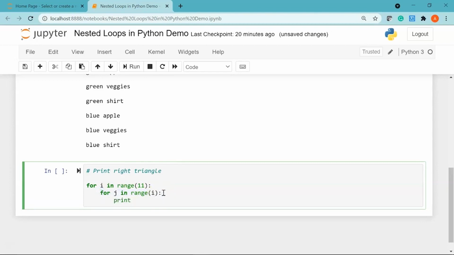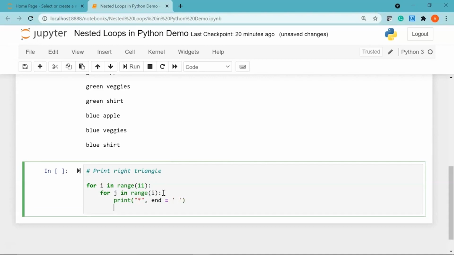I'll say print within double quotes. I'll give my star because I want to print a star pattern for the triangle, and I'll end with a space. Then I'll say print blank, so there won't be any space between the different rows.